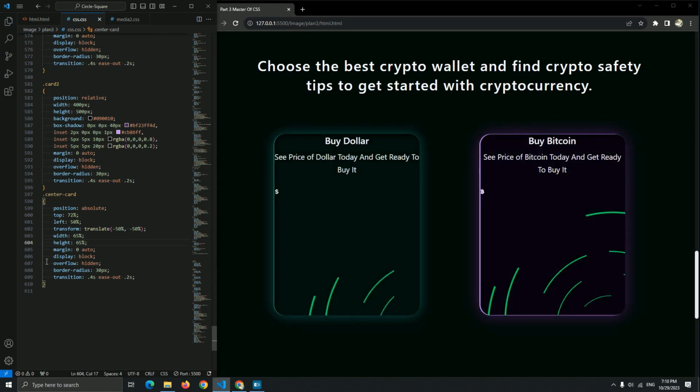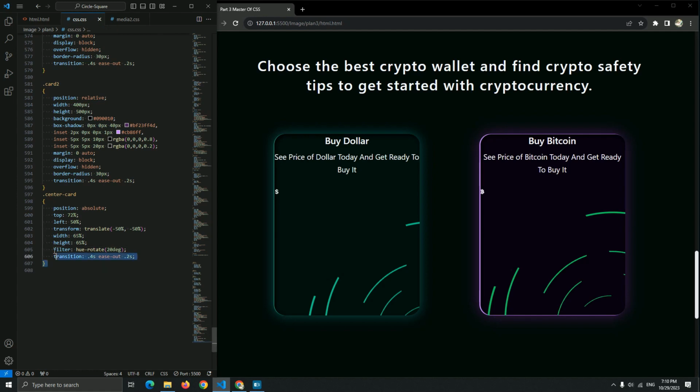This is it. And let me change the color of this image. So filter, I'm sorry, add a hue rotate, to change the color, let me say 20 degrees. As you can see, we changed the color of the image in the center card, and we're going to resize this image.